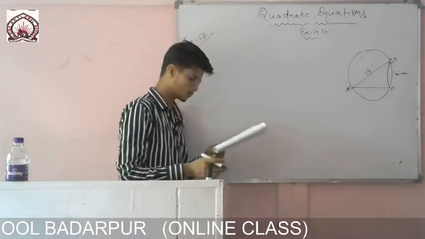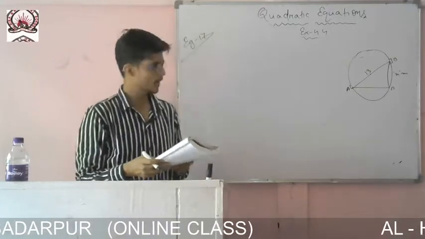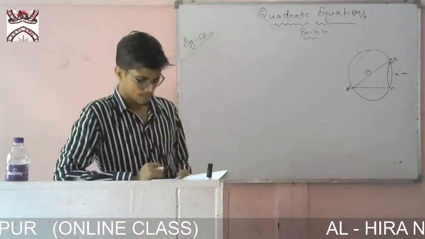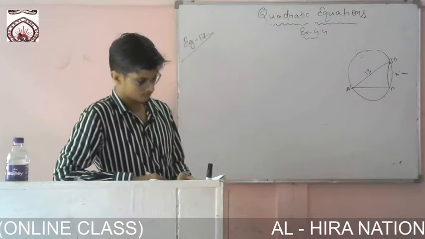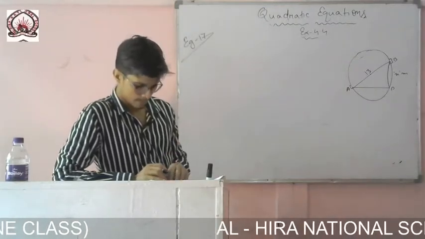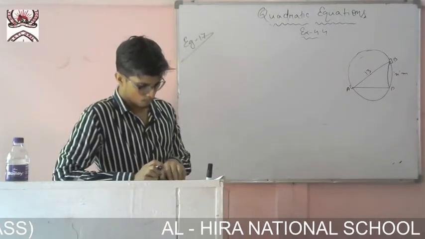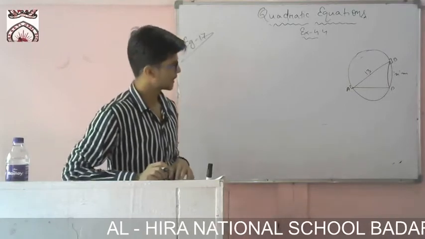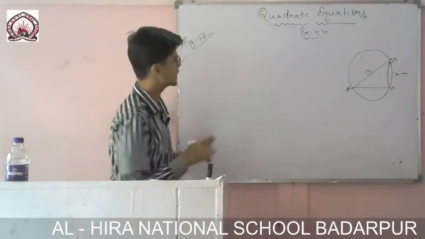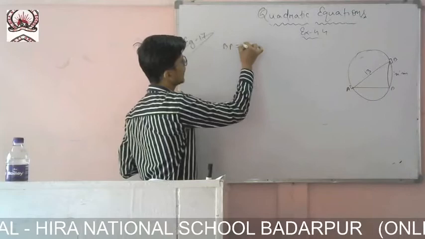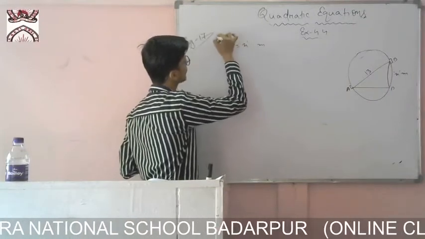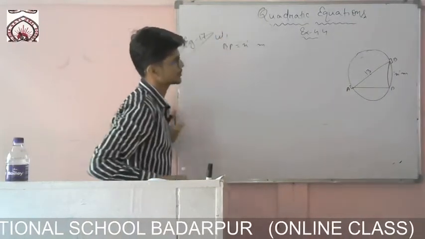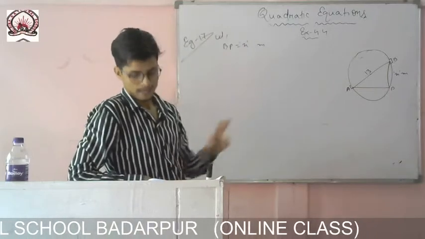So the diagram we have drawn. What is given: let P be the required location. You see in your book, let P be the required location of the pole. So the pole we have kept at P. Let the distance of the pole from the gate be x meter. So that is BP, we have taken as x. Just try to relate the things. BP we have taken as x.